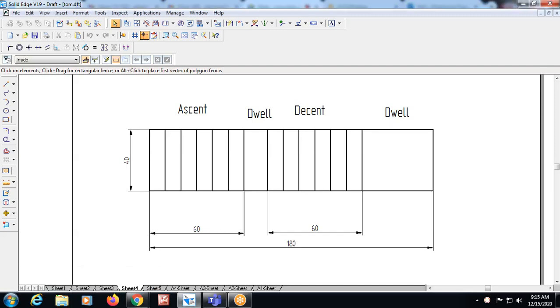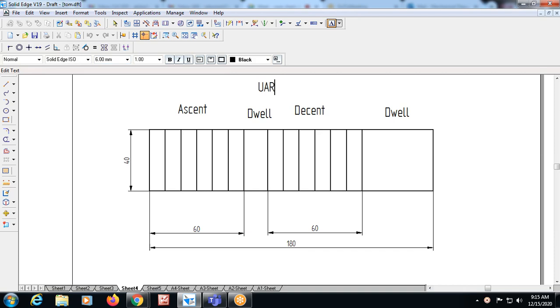So regarding URM motion, I'll take this uniform acceleration and retardation motion. In this, now I will start constructing. I think we had left off over here. So once you divide this angle of ascent and angle of descent, the next procedure for URM is such that